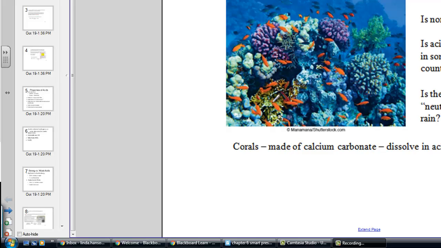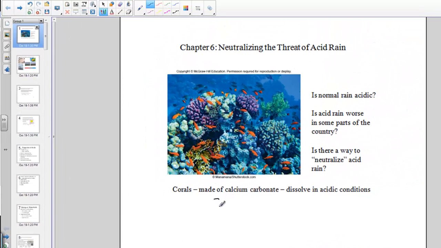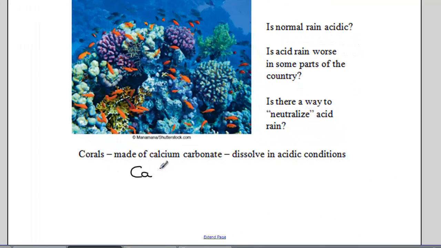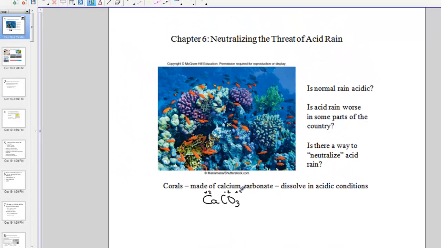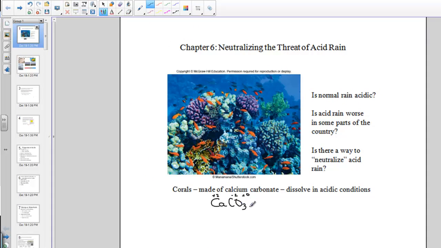In our introductory picture, we look at corals in our oceans made of calcium carbonate. We understand that calcium is an element, Ca, and then the polyatomic ion called carbonate, CO3. We've learned last chapter that calcium is an ion that carries a +2. Carbonate is a polyatomic ion that carries a -2, so it's an electrically balanced ionic compound. Calcium carbonate is what corals are composed of, and among other things, a major component even of chalk and